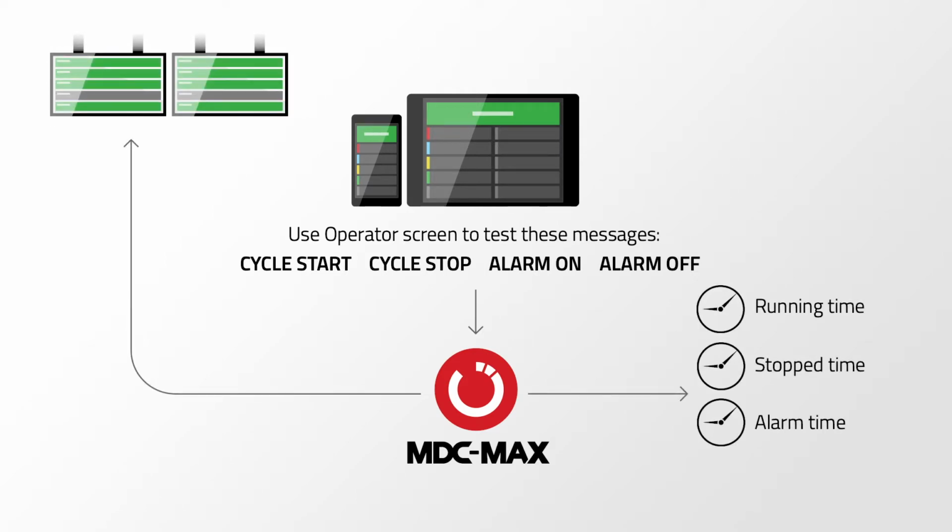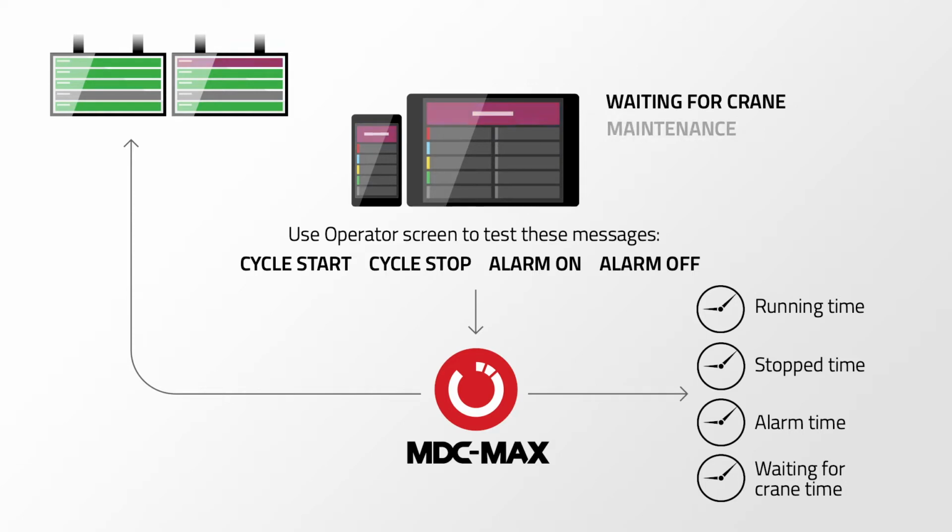So basically, we're showing you how you can utilize an operator screen. For example, maybe they have it at the machine, the operator presses waiting for crane, and that will send a message waiting for crane, and it's going to turn on the timer waiting for crane. It's going to change the live display so that it shows them that they're actively waiting for a crane, or if they need maintenance. If there's an issue with the machine, they press maintenance on the operator screen,